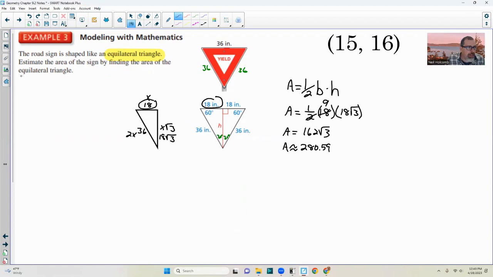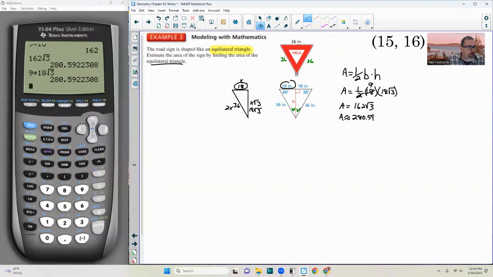It said find the area of the equilateral triangle. So I get my calculator back. Let me just do this so we can see both. And 280.59, since these two triangles are equivalent, that would be the area of the whole sign. Now I just multiply by 2, and I get the area